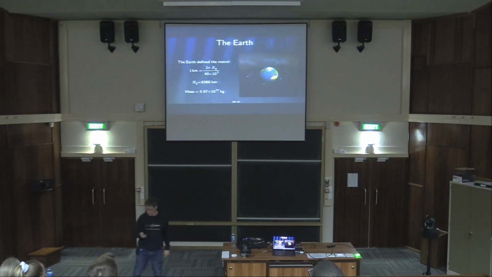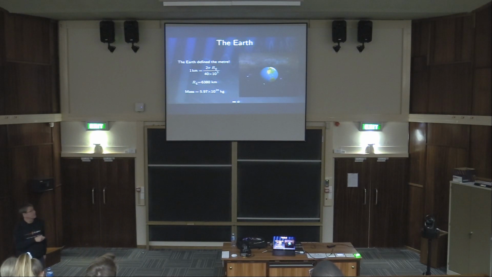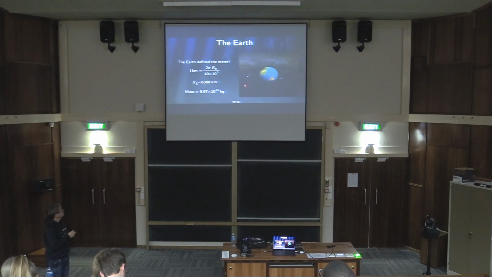So let's go back to the Earth, which is something we're very familiar with. And the Earth actually defined a meter. So the French decided that there should be 10 million meters from the North Pole to the equator. And so they paid somebody to pace out 9 degrees of latitude, and they said that's 1 million meters. And so that was the original definition of a meter. So this means that the Earth's radius is 6,380 kilometers. That's just 40,000